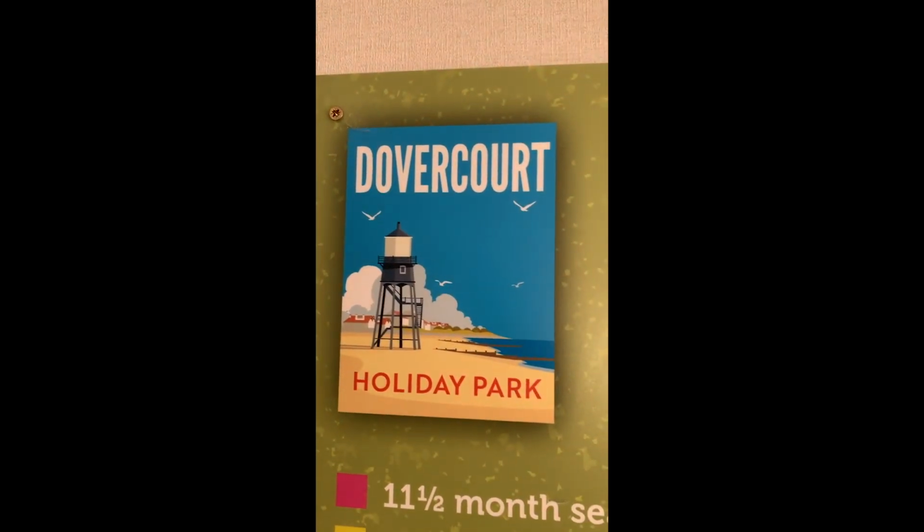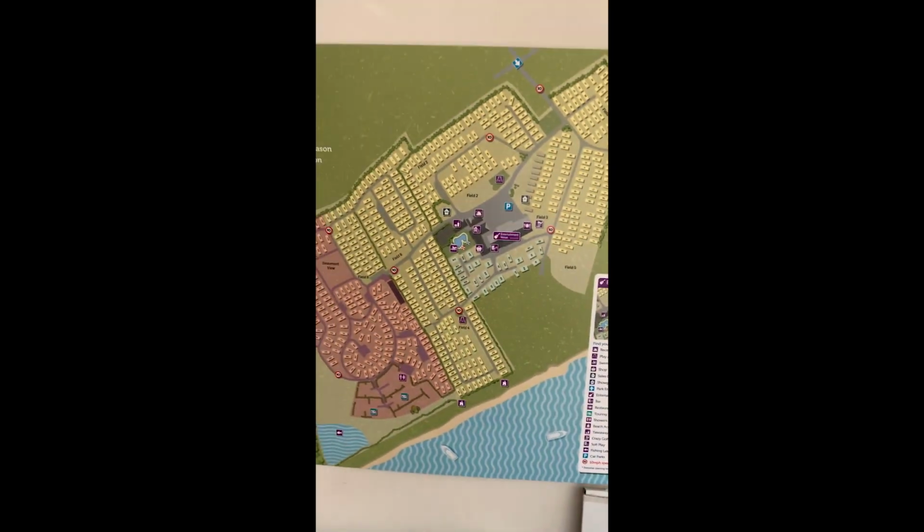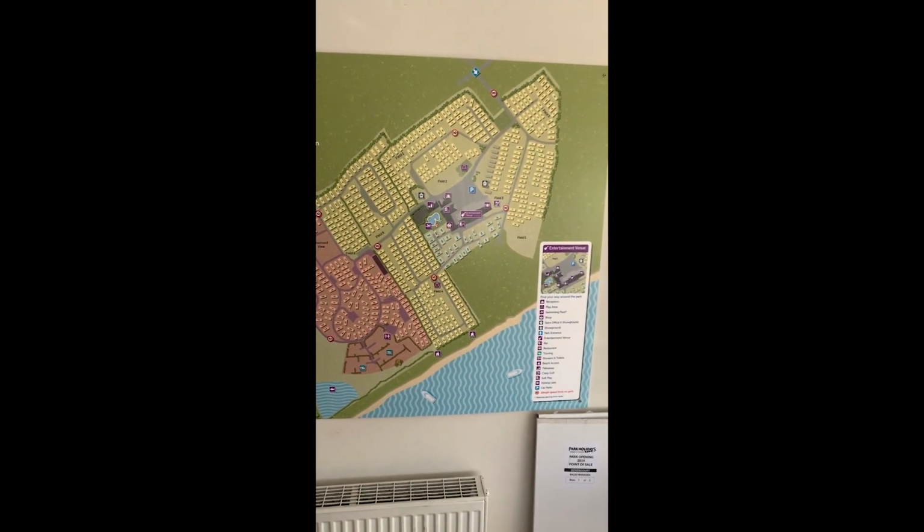This is a virtual tour for Dovercourt Holiday Park. That's a little bit of a map of the park, and how we will start the tour is normally you'd